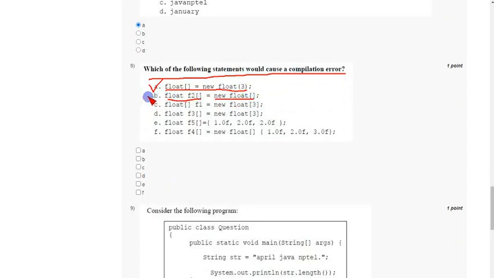This is another representation of a compilation error. So these two are correct answers according to this question, and the remaining C, D, E, F do not cause any compilation error. So only option A and option B are correct. Mark option A along with option B as the correct answers for the eighth question.